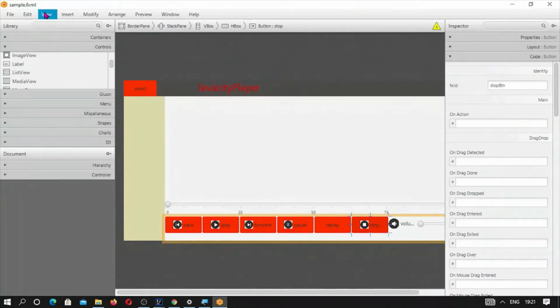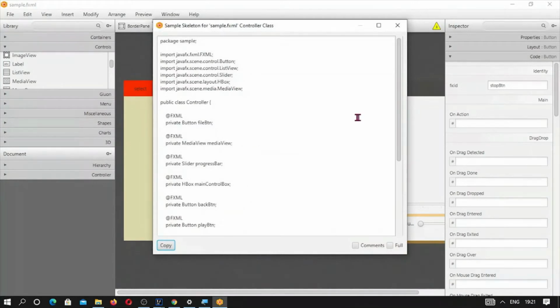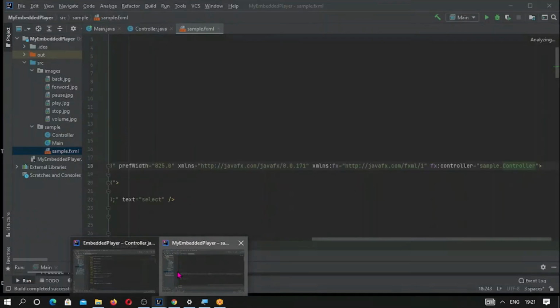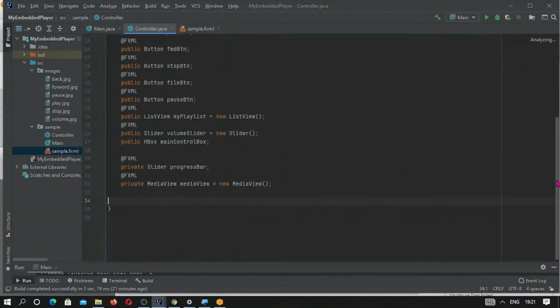Okay, and here you can see in the skeleton all the fields which we have given here, and they need to be taken, and the same can be pasted in the controller class. So here you can see we have almost given this here.